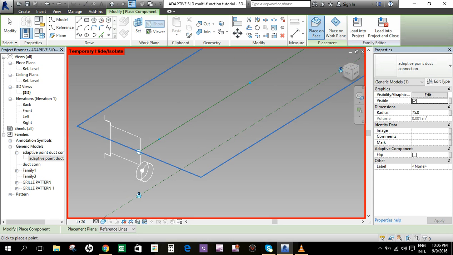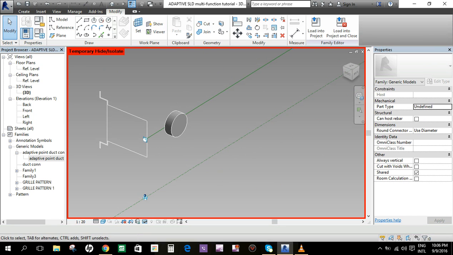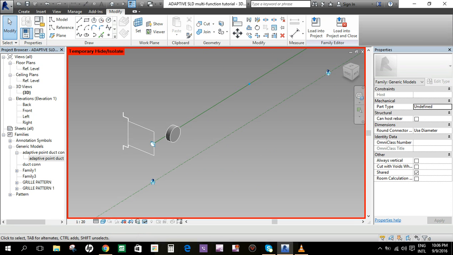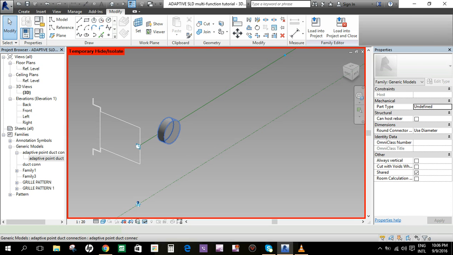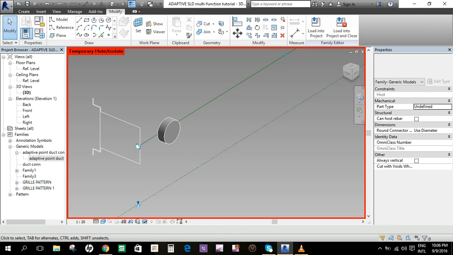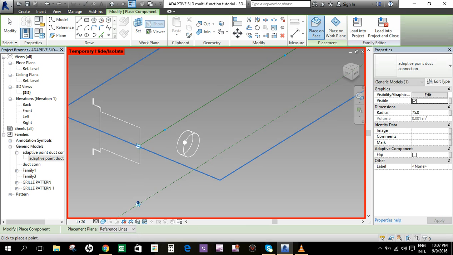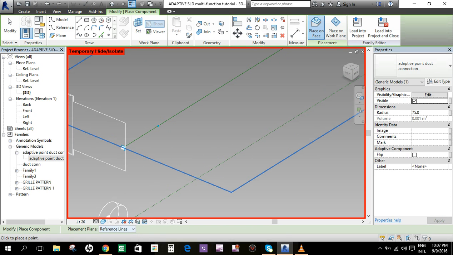We drag this one and then point it here at this point on face of the repeating points. To check if it's working properly, when you select the duct connector, the repeater should be fully functional, but here it's not functional. That means the duct connection is not properly placed in the repeater points. So we remove that again.